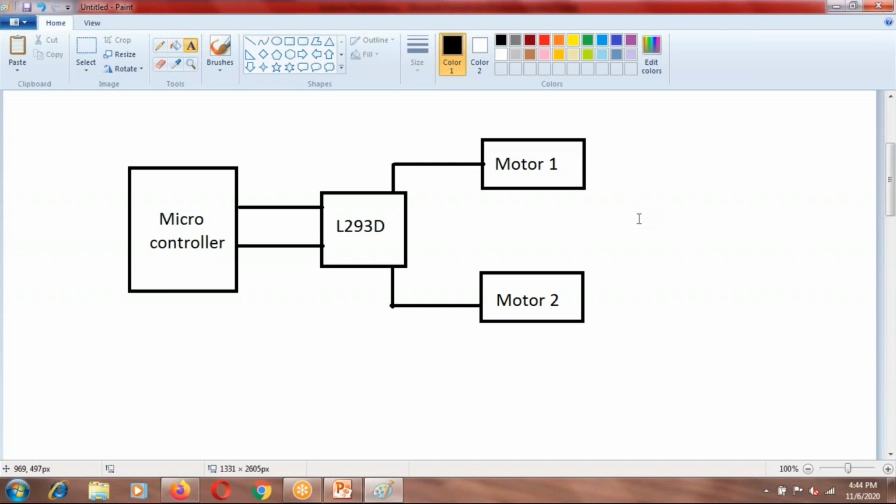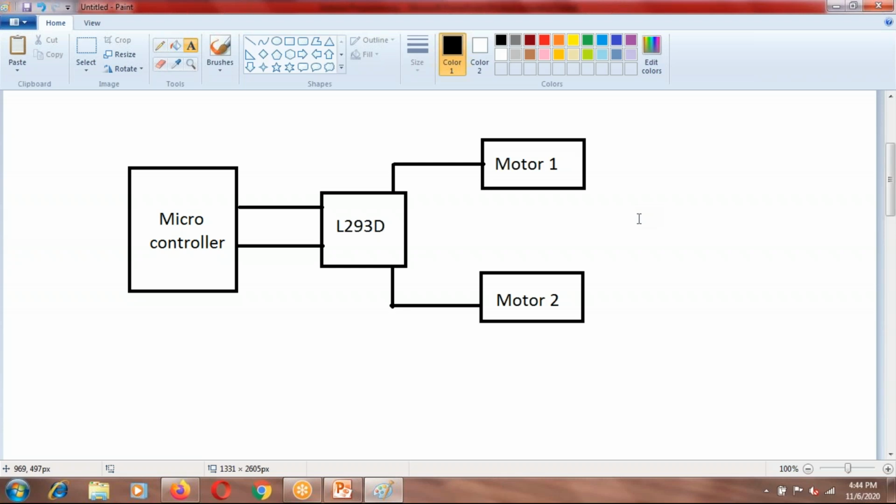You have seen that the motor has two terminals. But that we can do using the microcontroller only, because ultimately we have to program the microcontroller, and whatever voltage signals we give to the motor are generated from the microcontroller itself. Some kind of signal is generated from the microcontroller, and accordingly the motor is going to move.